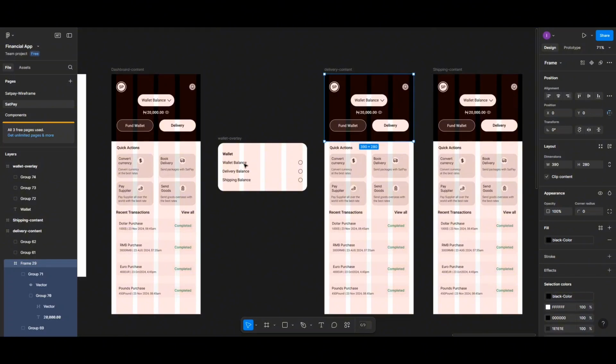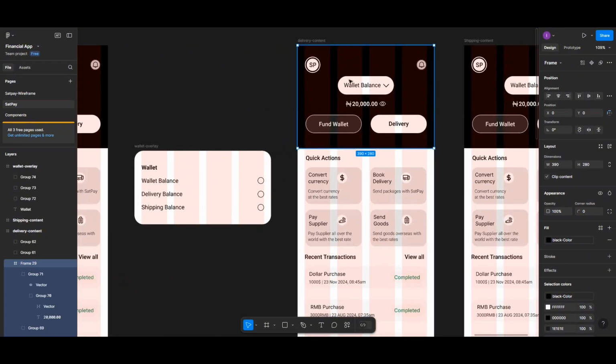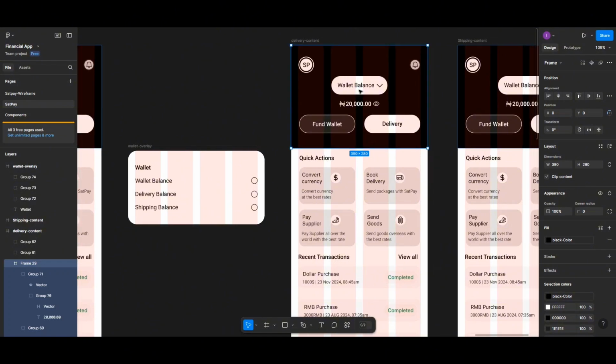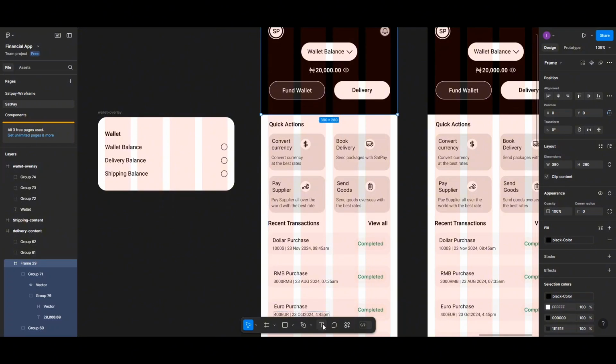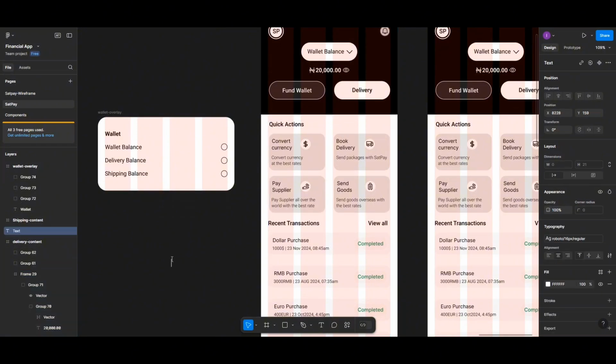Now we want, if the user makes a selection, this should be navigated to this, and this should also change the name, that is the title that is there for the selection drop down. Now for us to do that, let's just take our text and write delivery balance. Okay, so let's add auto layout, Shift A, and